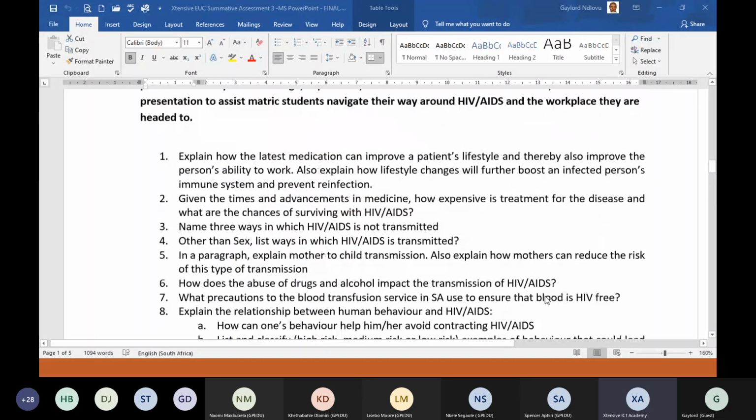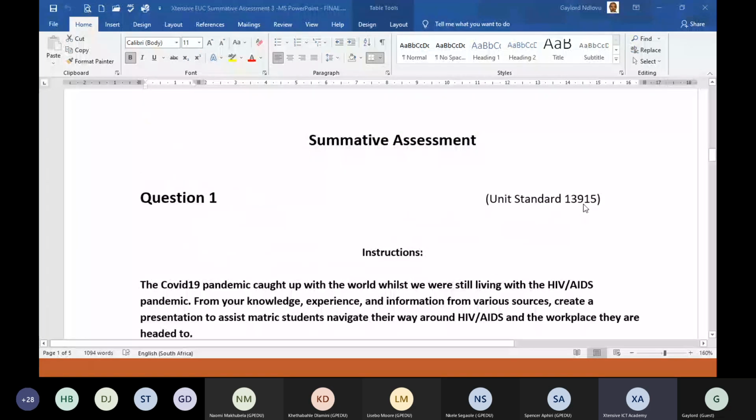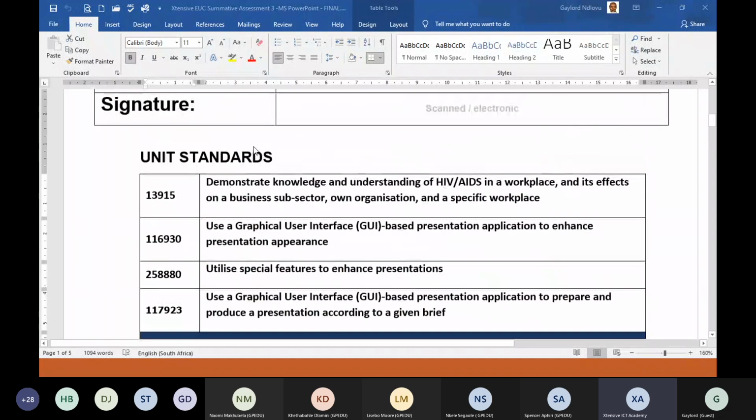On this question, you are told you're dealing with 13915. This is question 1. And 13915 is this one. Demonstrate knowledge and understanding. The second one is 116930. And for this one, we want to see if you can use a GUI-based presentation application to enhance a presentation